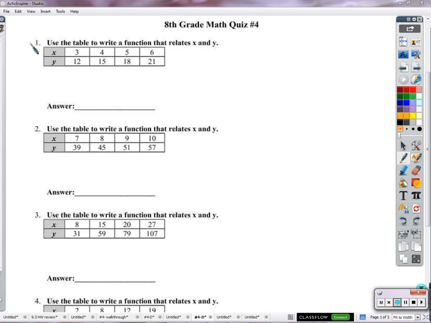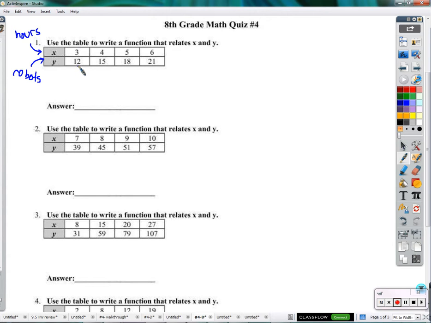Right, let's say that this x variable represents hours. And let's say I have a job where I assemble robots. So I assemble robots, and y represents how many robots I have next to me that I put together. Well, at 3 hours, I have 12 robots assembled. Now that doesn't mean that I assembled those 12 in 3 hours, it just means that at the 3-hour mark,